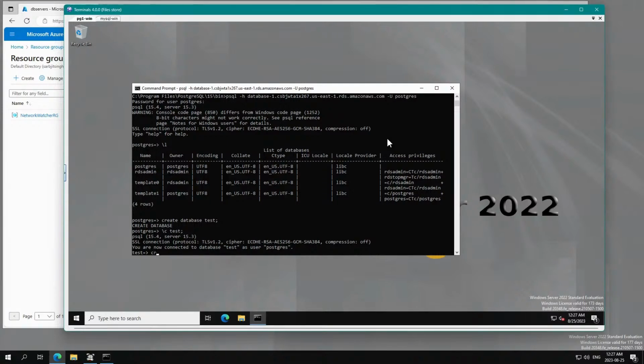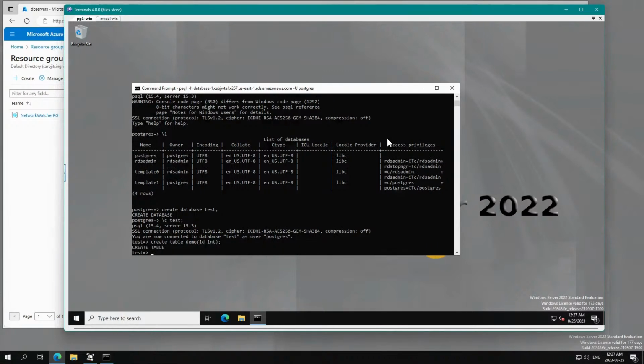Then create table demo with the ID integer, and then insert into demo values, whatever the values, 1 2 3,